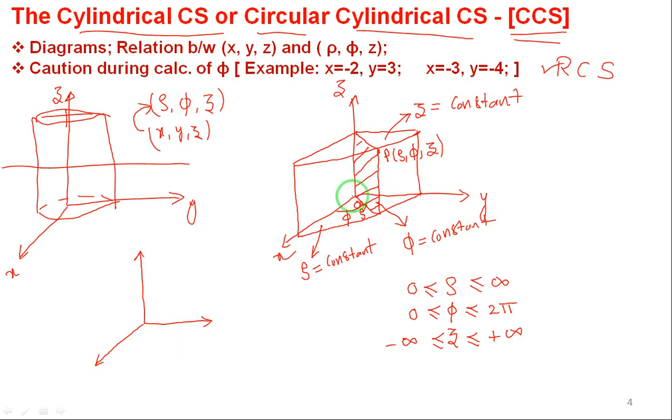Okay, fine. Observe here. This is the rho equal to constant plane. Once again, right? If I take this distance here, it is rho, and the angle measured from the x-axis is phi. This is phi, and the height is z, right? This point P is obtained. P is rho, phi, z, right? Okay. If this phi equal to constant plane rotates by 360 degrees, a cylinder is formed, right?